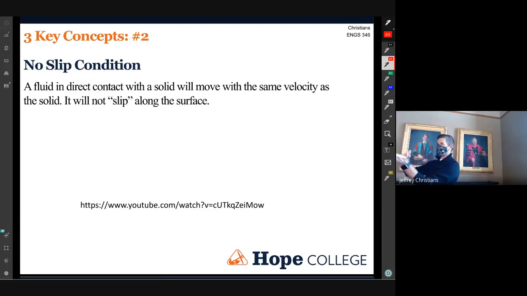The fluid in contact with the bottom of a boat, the fluid right on the bottom, smack dab on the bottom, is moving with exactly the same velocity as the boat. If you have air blowing across the ground, the air on the ground is stationary. The air above it might not be stationary, but the air exactly on the ground is stationary. This is an experimental observation.